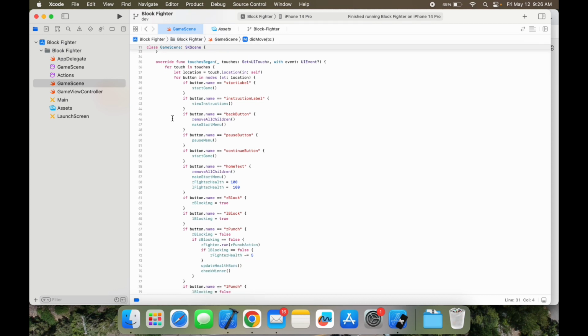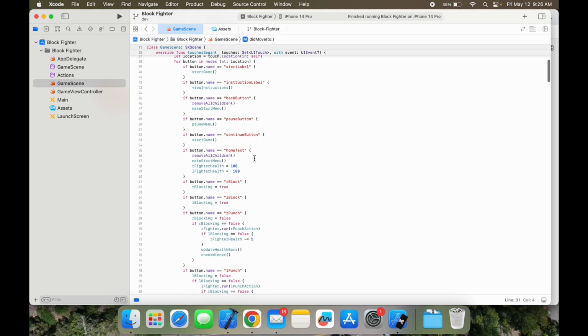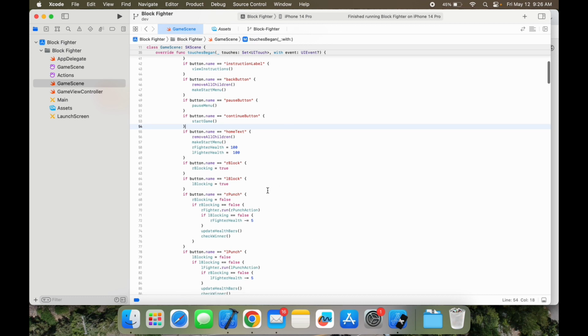Then there's the override function for touchesBegan, which basically just detects if a user presses on the screen, and then it checks if there's a button at those different points. So if it sees that there's a button press, if at the press point there's a button with a certain name, it'll induce a certain action. For example, if it's pressed on the screen and there's a button called continue button there, it runs the start game function. There's a bunch of different functionalities like that throughout